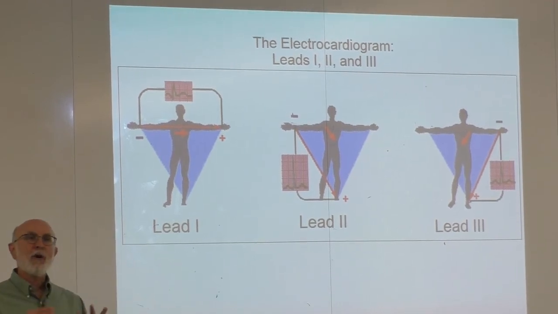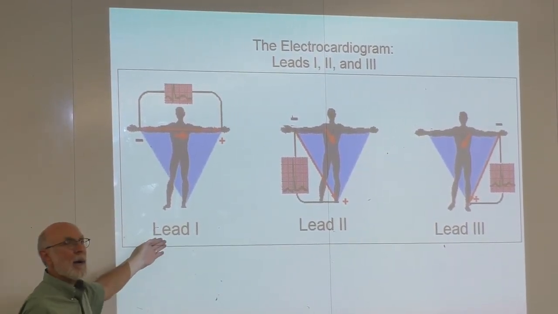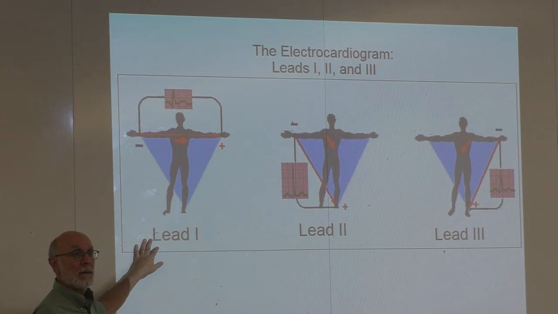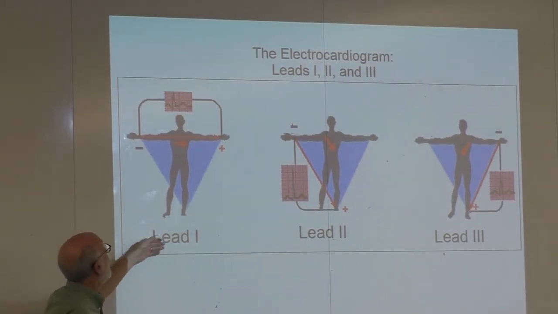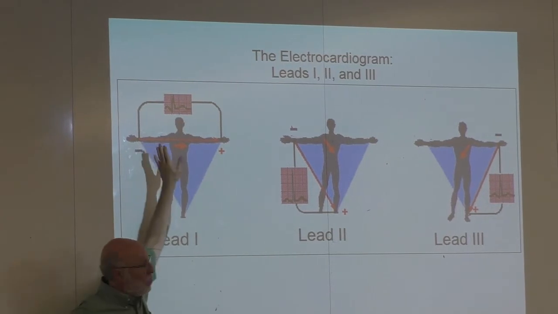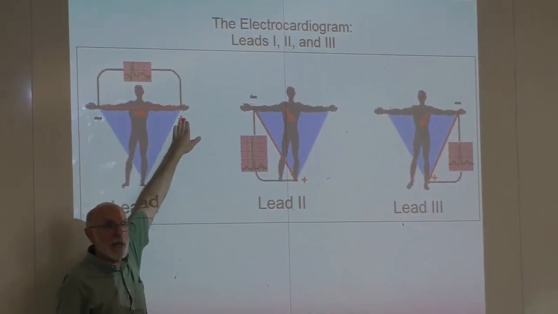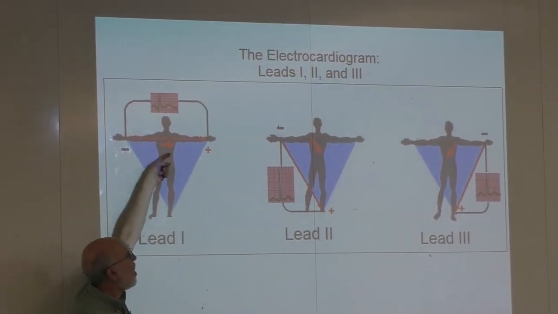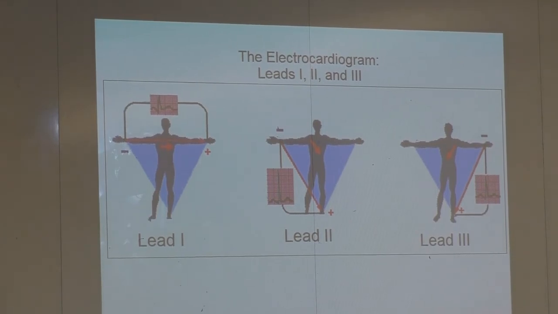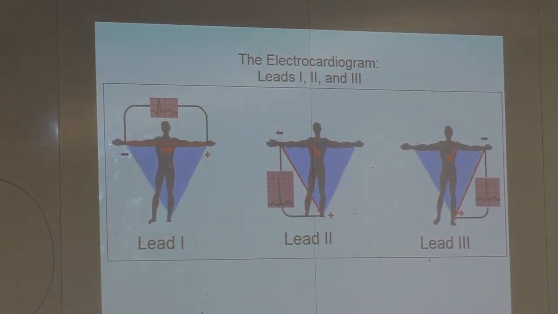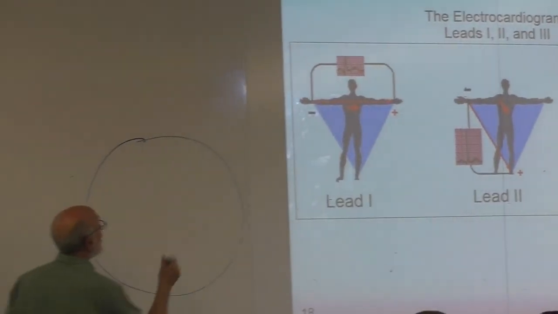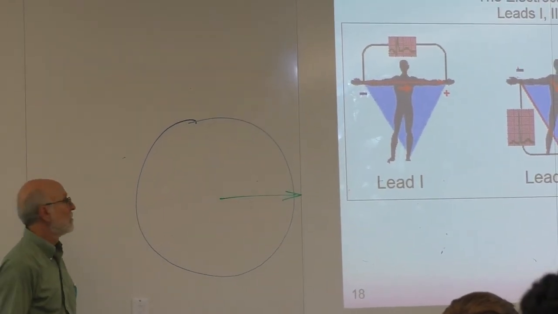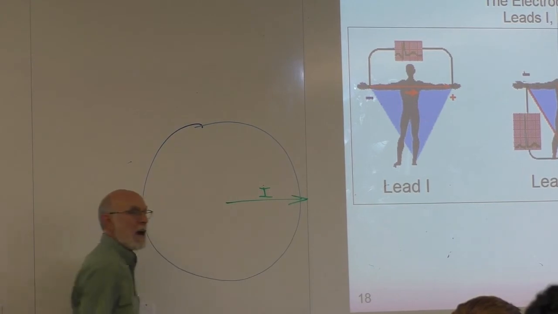12. So these electrode sets all have a name. So we talk about lead 1, and everybody in the whole world, as far as I know, uses the same language for the name of the electrodes. So lead 1 places one electrode on the left wrist, on the right wrist, and another electrode on the left wrist. And it defines an orientation in the heart or in the chest. That is in that orientation. So this lead 1 defines an orientation